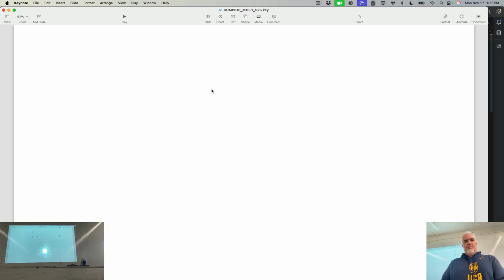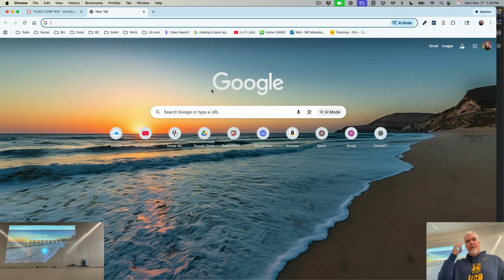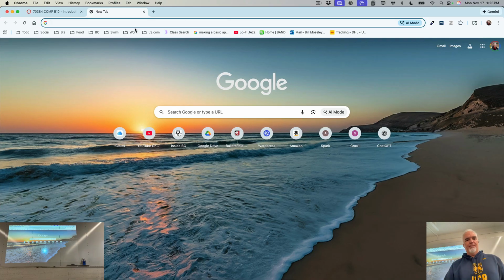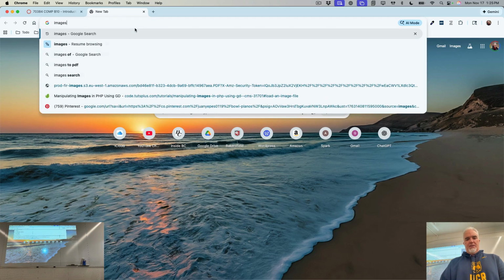Now, before we start playing around with images, you're going to need to get an image on your computer that's usable. And I want that image to be something relatively simple, and I want it to be inside your Python directory in PyCharm. So here's my tip for you. Let's say you want to get an image of like a sunset or a flower or something like that. I'm going to type